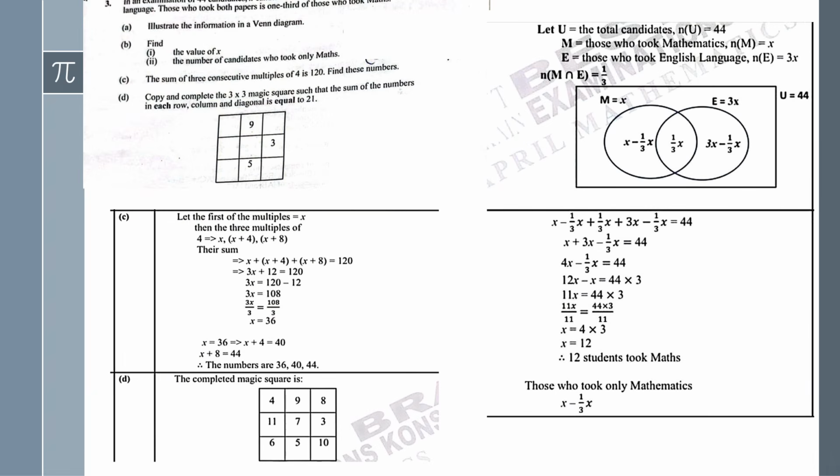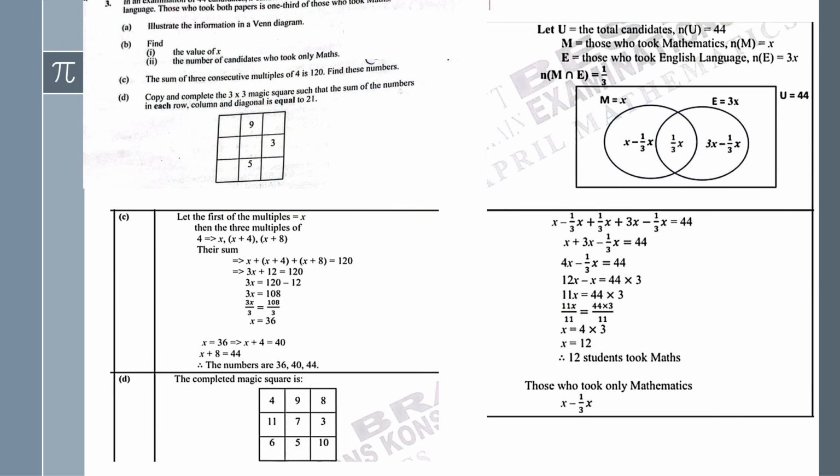Question number 3. In an examination, the total number of students who took the exam is 44. Some took maths, and some also took English. That is 1/3, or 3 times the number of people who took maths. We have to represent this on a Venn diagram, find the value of x, and find the number of candidates